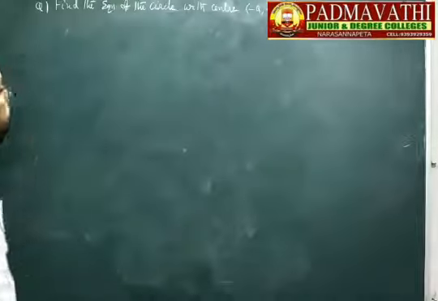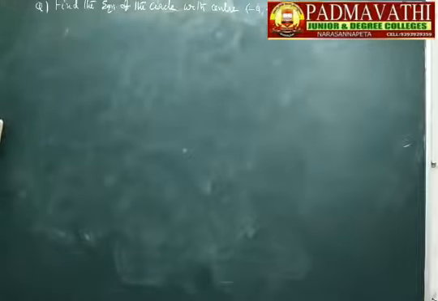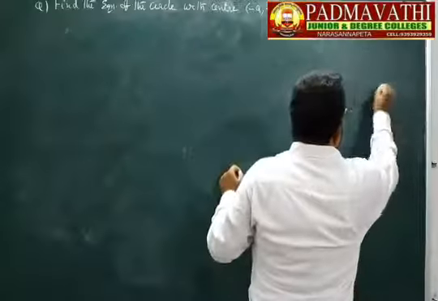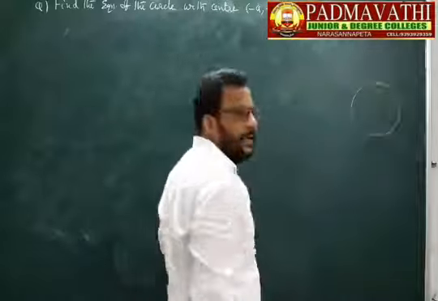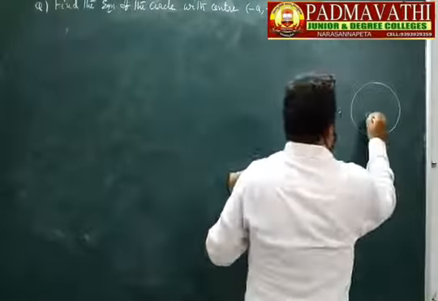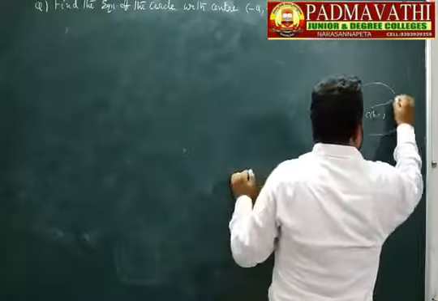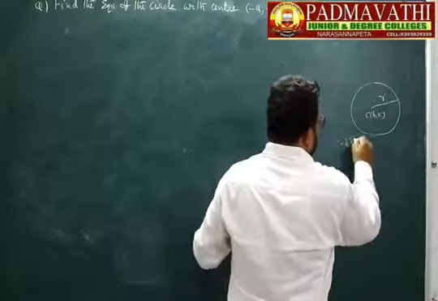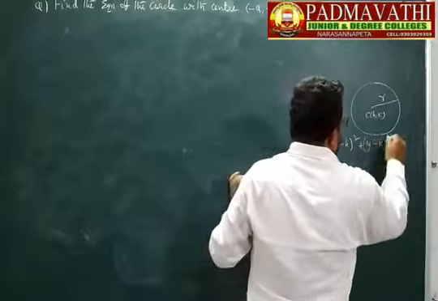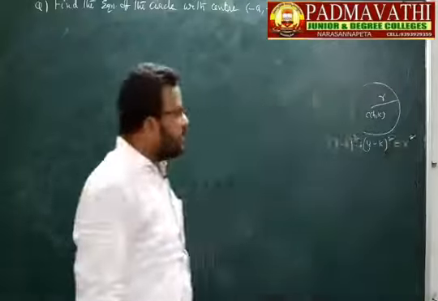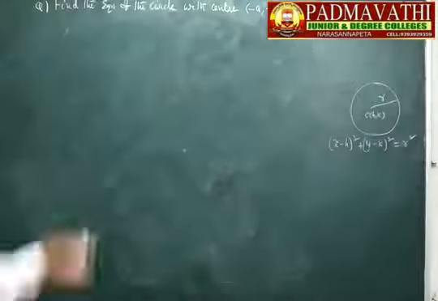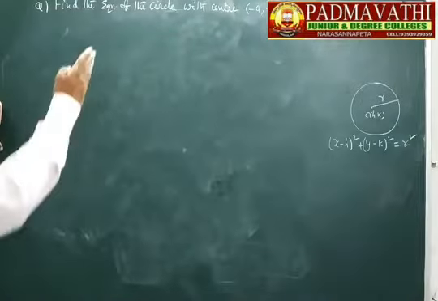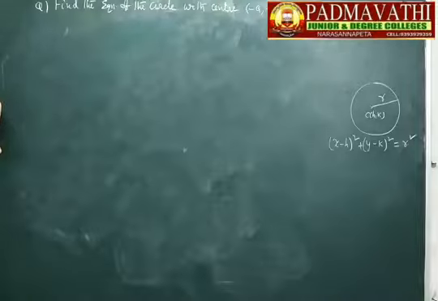What is given? The center is given and also the radius is given. Then we have to find the equation of the circle. Same method. We know the formula of the circle with center C (h, k) and radius r: the equation of the circle is (x - h)² + (y - k)² = r². Now, in this problem, the center C (h, k) is (-a, -b) and the radius r is equal to √(a² - b²).